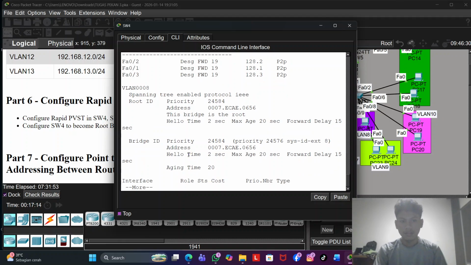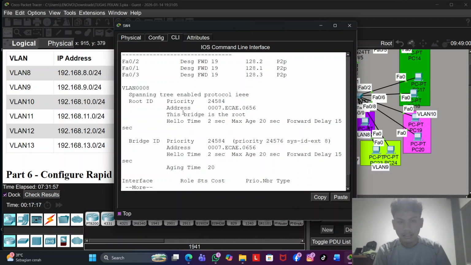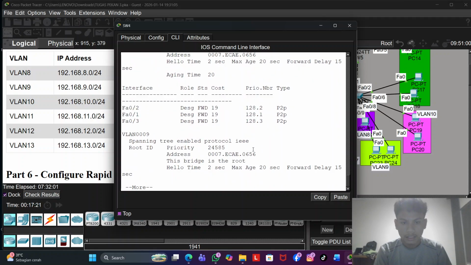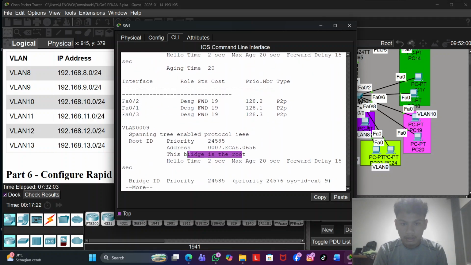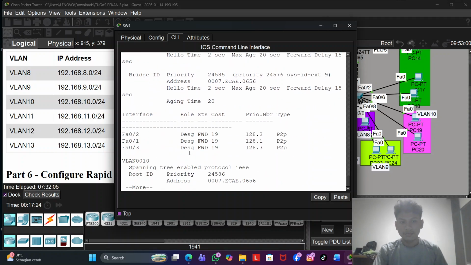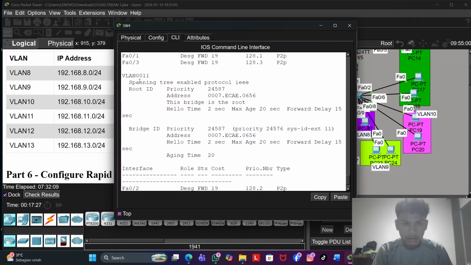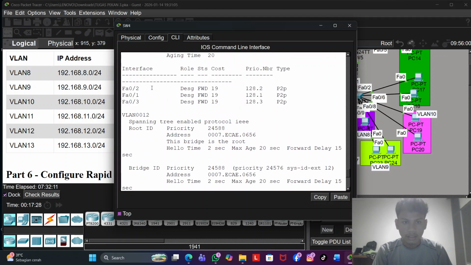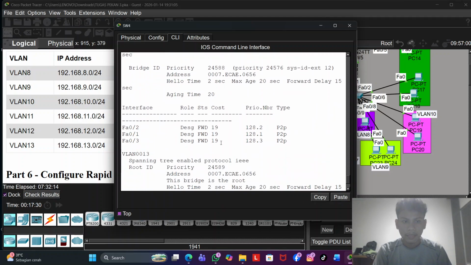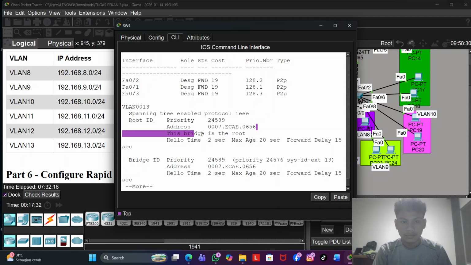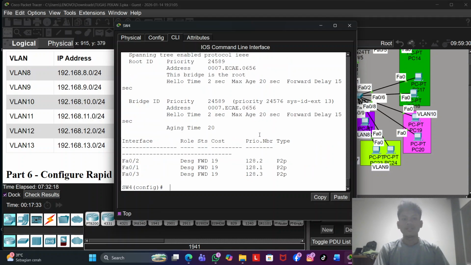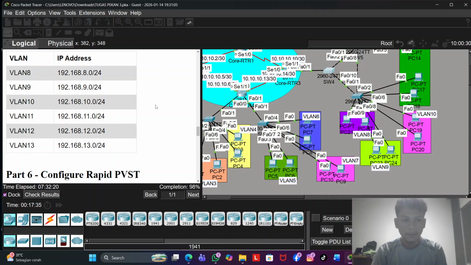Look, here he is the root bridge, and then VLAN 9 root bridge, and then VLAN 10 is root bridge, 11, then 12, and the last one is 13. So that's all for this part.